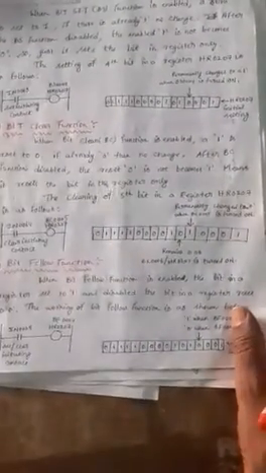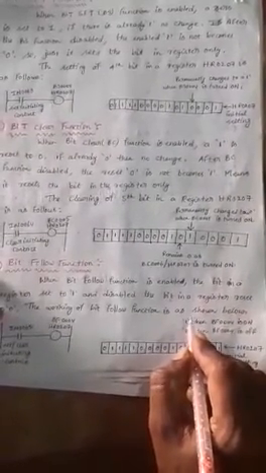And similarly, the bit follow function. What is the use of the bit follow function? When the bit follow function is enabled, it makes the 0 to 1. And similarly, when the bit follow function is disabled, then it changes the 1 to 0. That means the on state of the bit follow function performs one operation, that is the on operation, and the off state of the bit follow function performs another operation, that is making the off state. So the bit follow function gives 1 when on, and 0 when off.